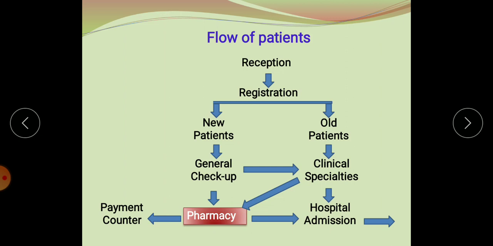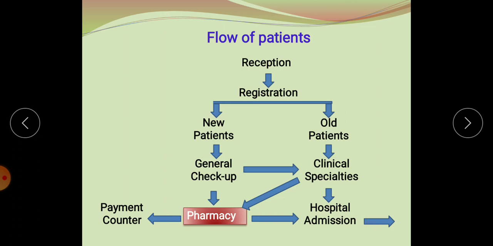The same happens for the old patient department. The only thing is that they skip the general checkup step as they are already in a treatment procedure. So firstly they come to the reception and registration, then directly to the clinical specialities. Then it will be the same thing. They may be referred to continue with the medicine, so they will go to the pharmacy, pay, procure the medicine and go back to their home. Otherwise, they may be admitted to the inpatient department for any serious illness if the doctors suggest it. Otherwise, they will visit the pharmacy, then be admitted to the hospital after any preliminary first aid treatment.